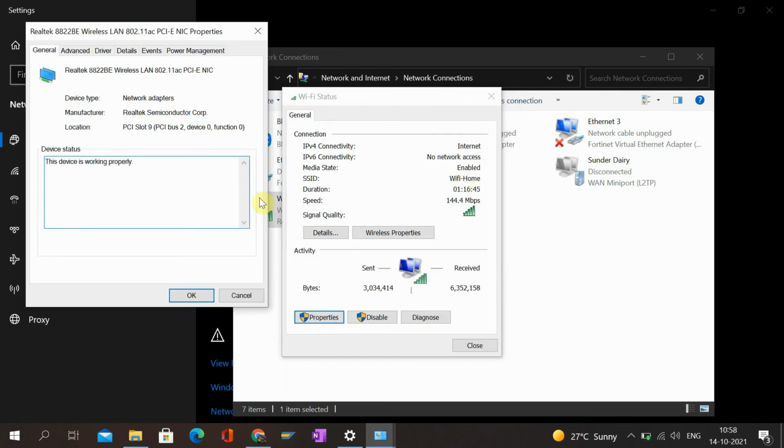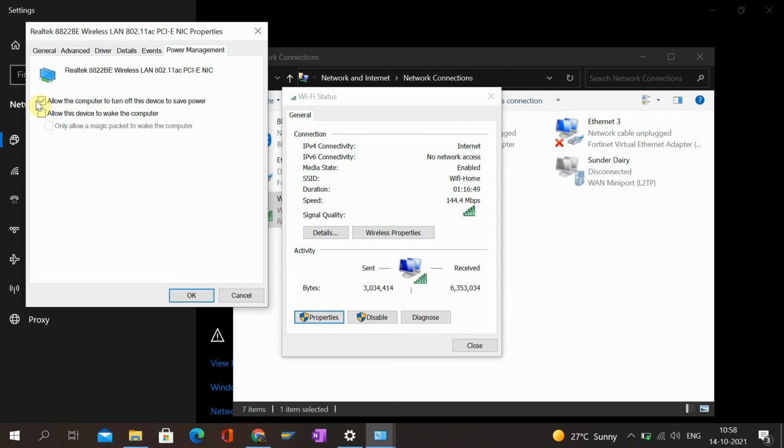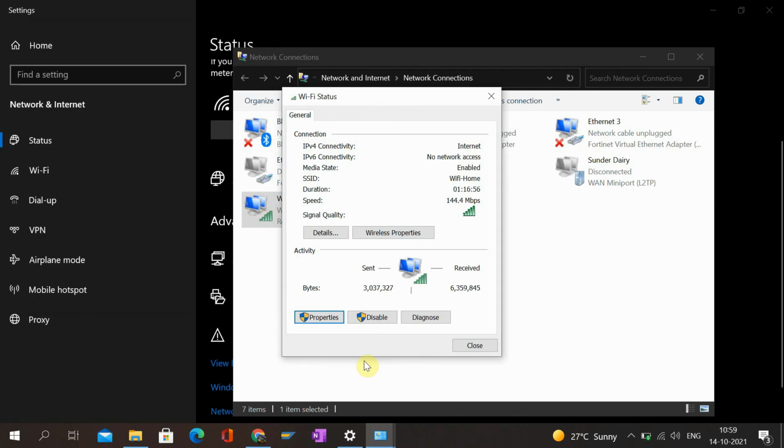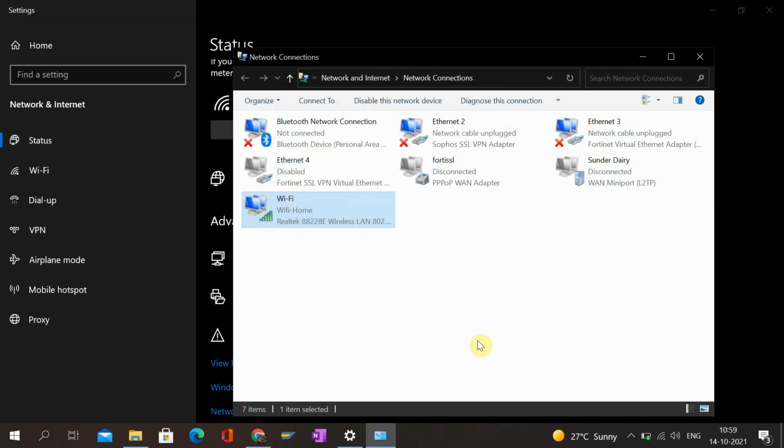Once you come to this screen, go to the power management tab and untick this option: Allow the computer to turn off this device to save power. Now click on OK. After that you have to just go to the restart option and restart the system again. Once it restarts, check whether the issue is fixed or not. So this is the third option.